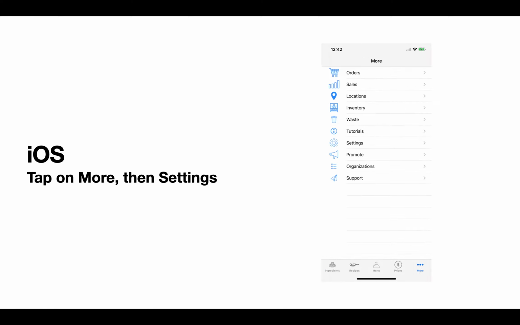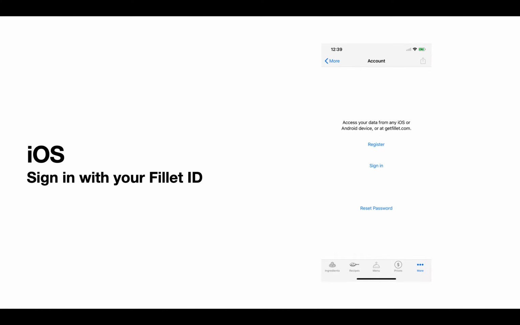When you start the application for the first time, it takes you to the Ingredients tab, which is the very first tab on the left. And what we need to do is then tap on More in the bottom right corner of the screen. And when we tap on More, a new window opens up, and there we can select a button called Settings. When we tap on Settings, it brings us to the Accounts page where we need to sign in with the